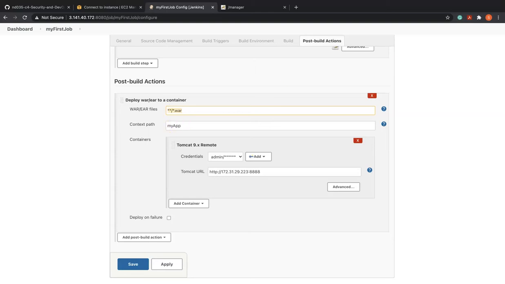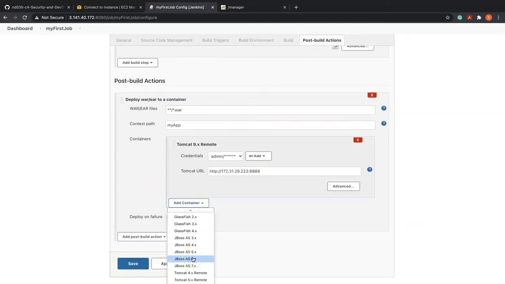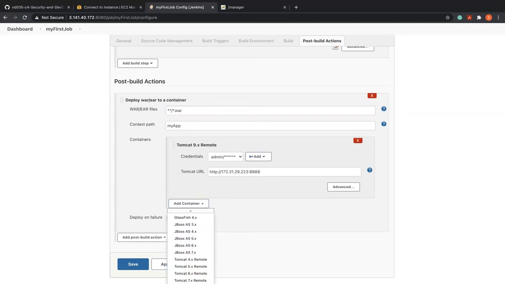The context path, you can give a name of your choice here. Normally, it represents a single web application running within a given instance of the Tomcat web server. And let me choose a container here. Be sure to choose the right version of the container. If you try to recall, we created our Tomcat container using an image which in turn was using Tomcat version 9. So I have used a container Tomcat version 9 and the credentials and URL.